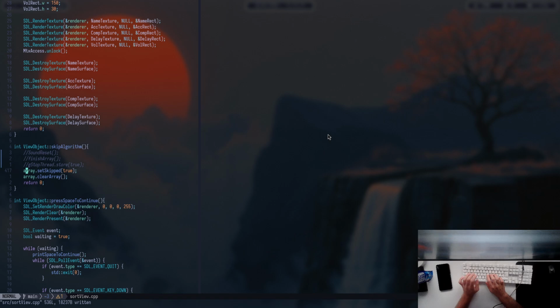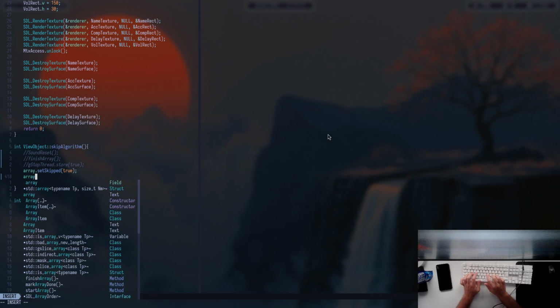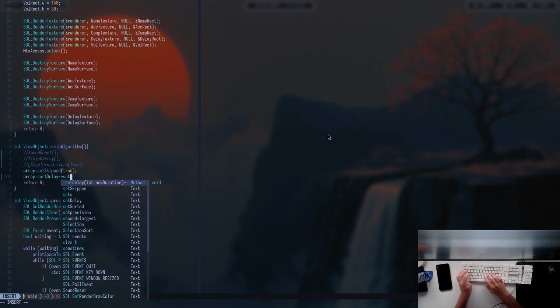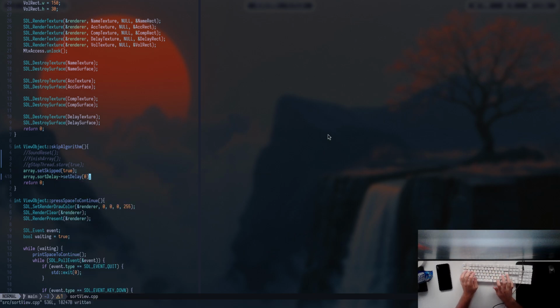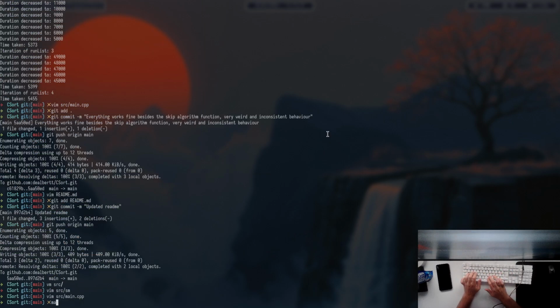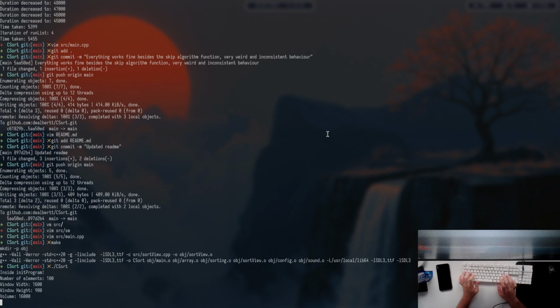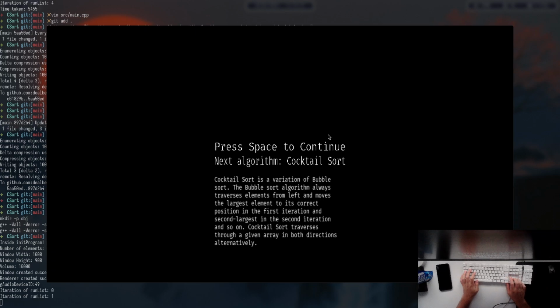I set skip to true, and then I do this array sort delay, set delay to 0. Boom. This is literally all I do. And then if I do this,